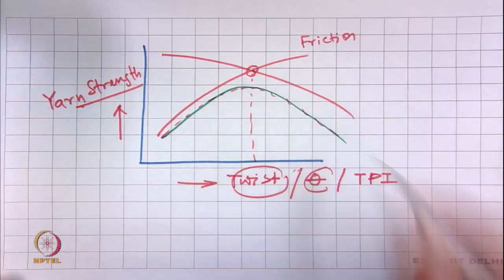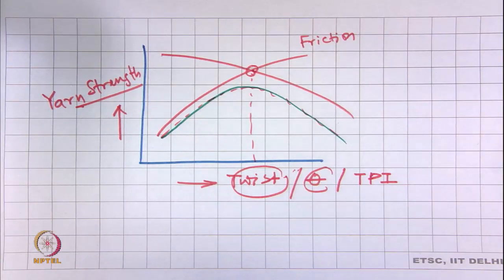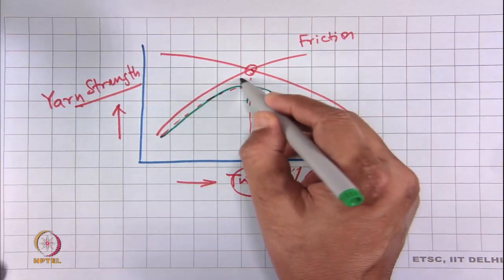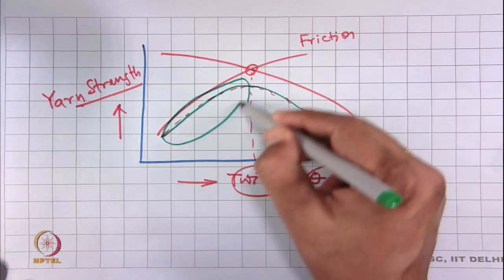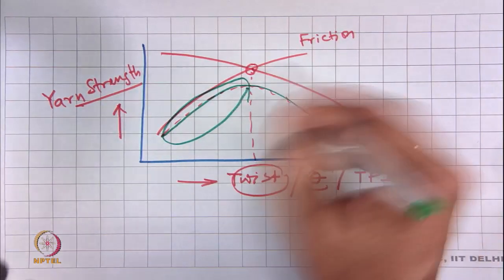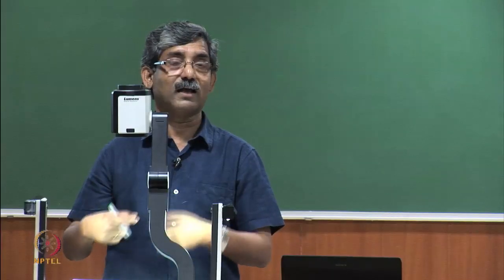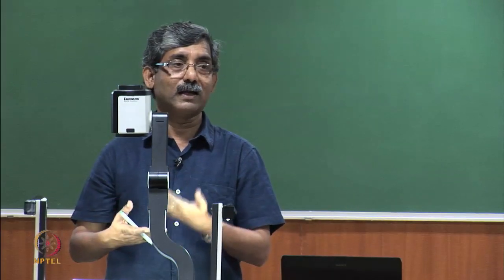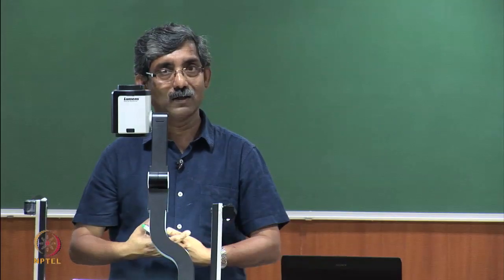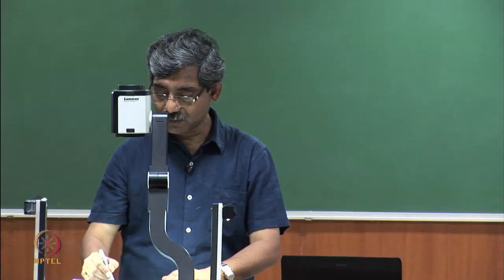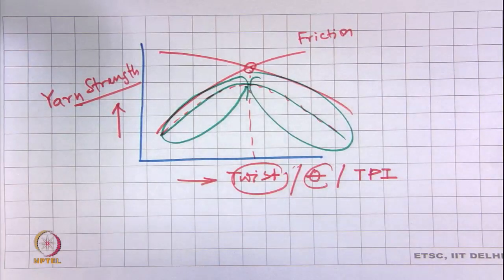Okay. So, this is the nature of the curve, twist versus strength. That means it is increasing initially due to the increase in fiber to fiber friction, which is dominating. After reaching a certain level of friction, we do not need any more friction because it has reached its optimum value. Further increase in friction does not help, it will not prevent any sliding because the fibers are already locked. Then comes the obliquity effect, due to which the strength of the yarn reduces.